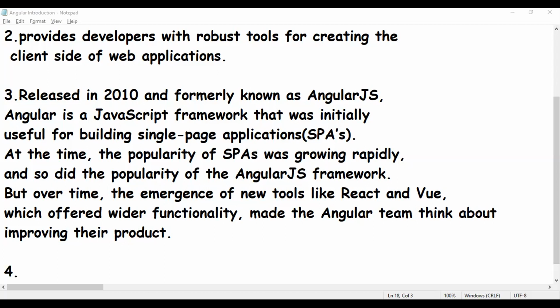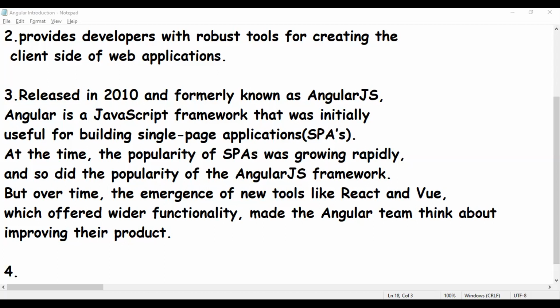Now from this version they are using this entirely new component based architecture for Angular. The major drawback was that this version was completely different from the previous and wasn't backward compatible.